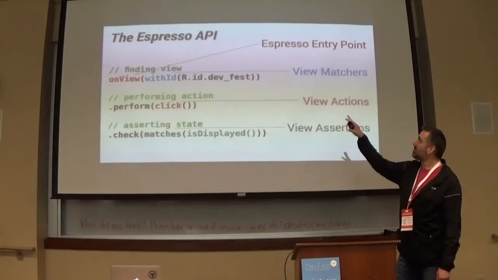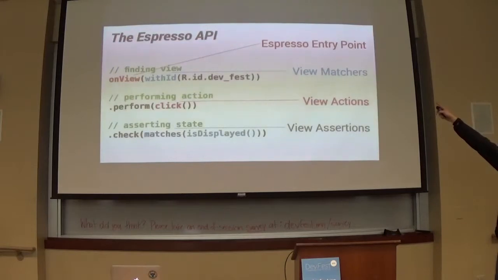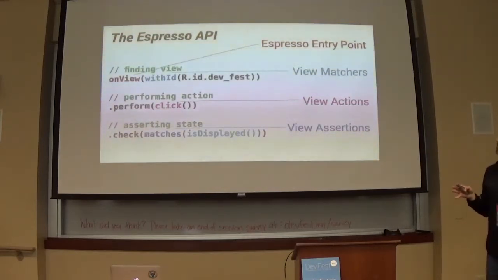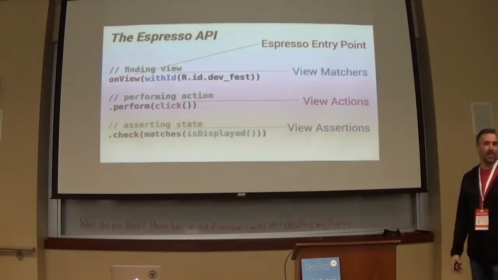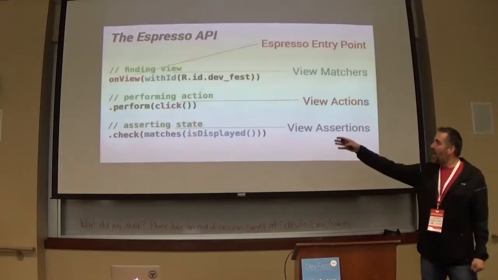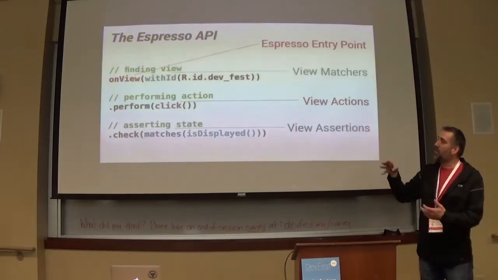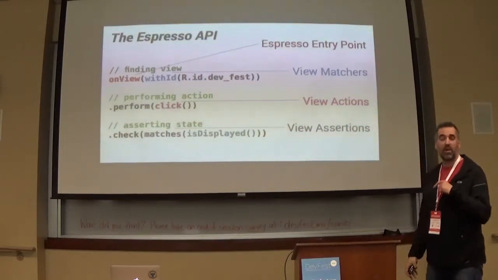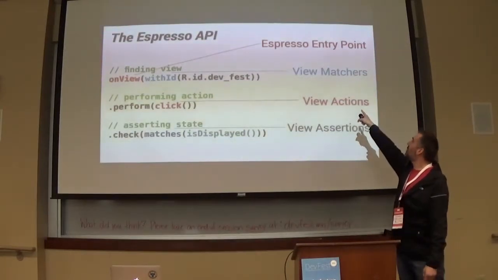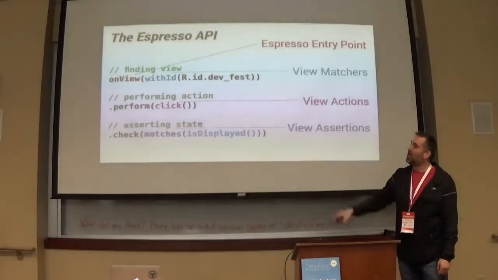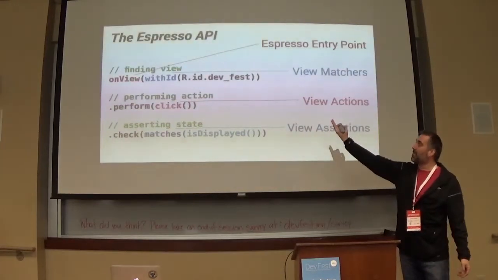So here's the API kind of broken down. There's an Espresso entry point, and when Google first announced Espresso, they kind of made a big deal that they only have 2 API calls, and that's onView and onData. They've expanded since then, but onView basically is what you're going to use to get a view, and there's a few more entry points, but for the most part you're going to use onView and another one I'll show you later called onData. These will take a view matcher to return back a single view to work on. In this example here, I'm looking at a view based on ID,